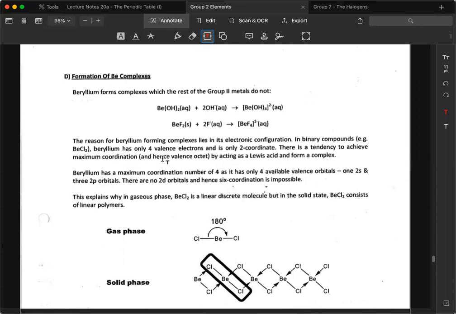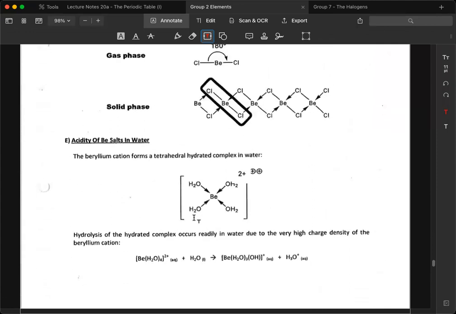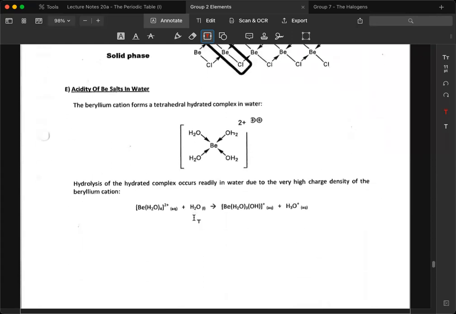This explains why gaseous phase beryllium chloride is a linear discrete molecule, but in solid state, it consists of a linear polymer. Okay, beryllium cation forms a tetrahedral hydrated complex in water. Hydrolysis of the hydrated complex occurs readily in water because of the high charge density. You can pull out one of the OH from here, nucleophilic attack to form the